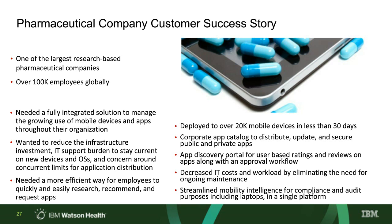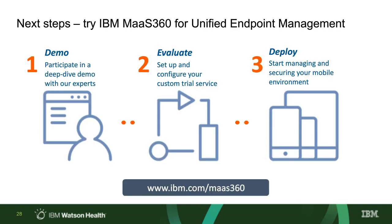So why Mass 360? Mass 360, as I mentioned previously, is an easy-to-use, easy-to-manage mobile device management solution that is not in line with your data. We don't see your data. We don't touch your data, so you never have to worry about us being a third party in line with your information. So you never have to be concerned that a third party is interfering with that data and enforcing essentially non-compliance in your environment. So we're pushing out those email settings. We're pushing that out all in an easy-to-use,